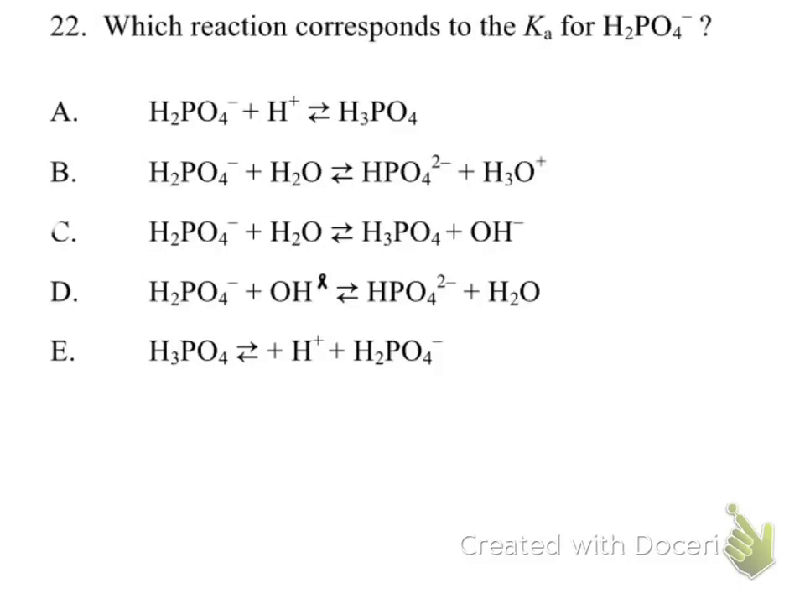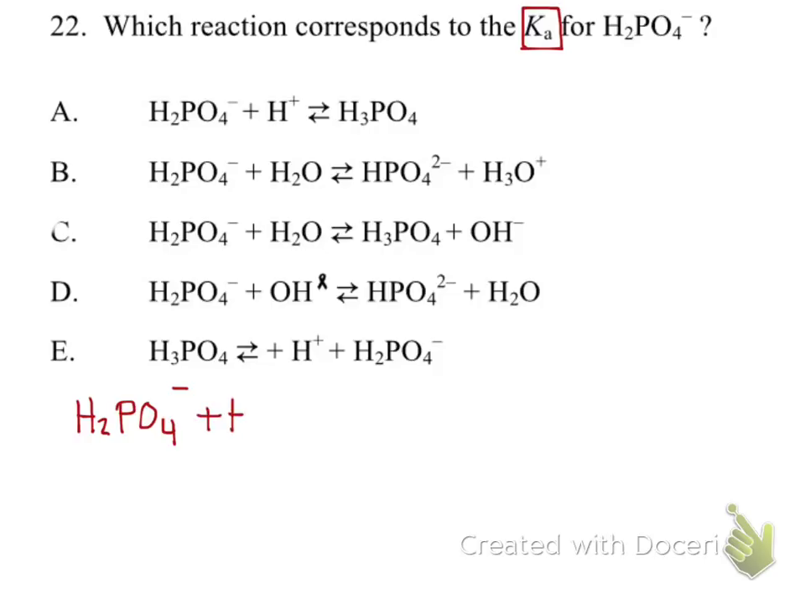In this problem, we're asked for the Ka of H2PO4-. So it's important to recognize what Ka means. A Ka reaction is always acid hydrolysis. It can either be represented simply by an acid losing its proton, or in this case, we're going to write its reaction with water. So it's going to be H2PO4-